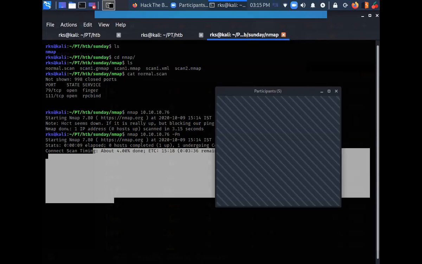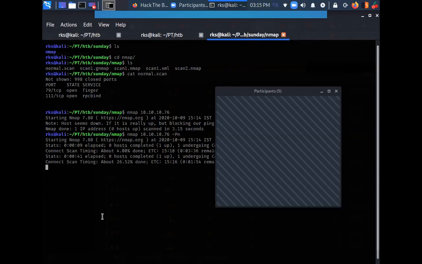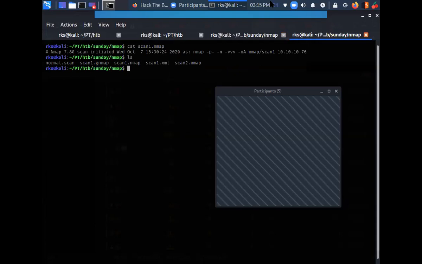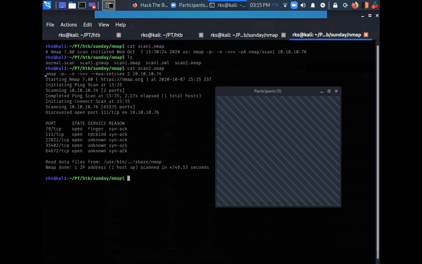Let me just show you the output of that scan as well. I saved it with the name of scan2, I believe. Cat scan2 nmap. Yeah.